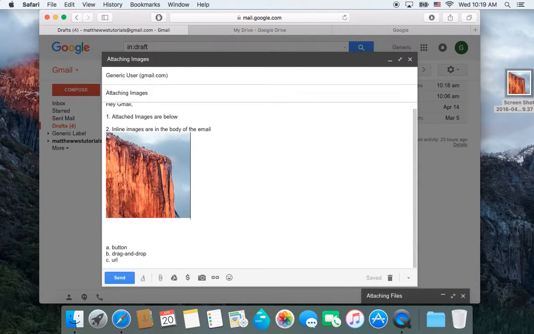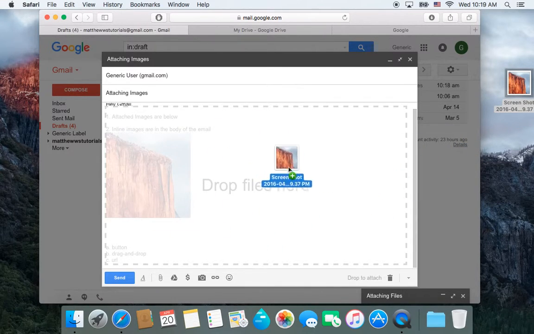Now you might be asking, well, that's great for inline images, but how do I attach images where it just shows up at the bottom? What if I don't want it? What if it's a large photo and I don't want it to take up a lot of space in my email? Well, the easiest thing for that is you drag it, but instead of dropping it in the body of your email,